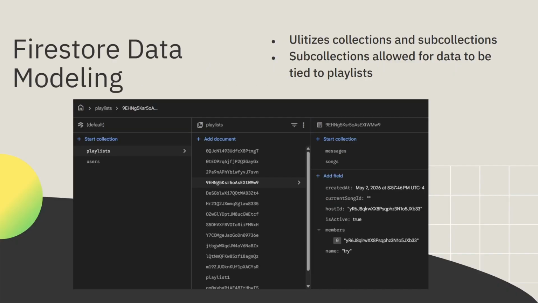For my Firestore structure, I use collections and subcollections. This is what I was discussing earlier. So in addition to my users, I have the playlist, and then every playlist has a document name, and these document names are actually the playlist room codes. So if I made several different playlists and wanted to go back to a certain one, I could simply go to the Firestore console and take any of these playlist document IDs, put that in as the room ID,